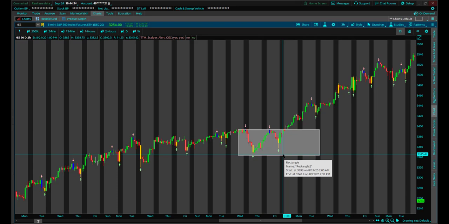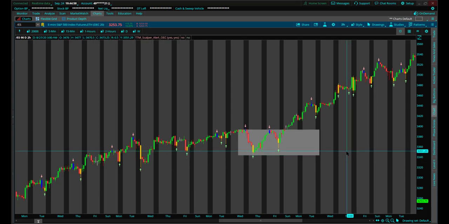Because if you have a really nice setup and you're just doubting yourself and you don't take the trade, you could sit out and watch price just run away. And then later on, you're going to say, gosh, I should have done it. I should have got in the market. I should have trusted my instincts. So obviously, reading price action is going to be very helpful. But when you're new and you're working on building your confidence, when you can find something that helps you make that decision,